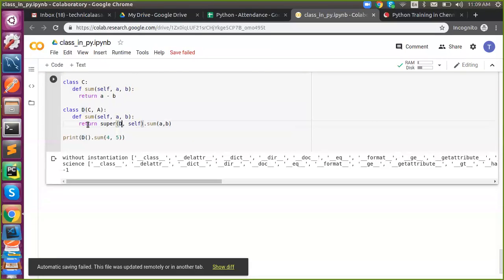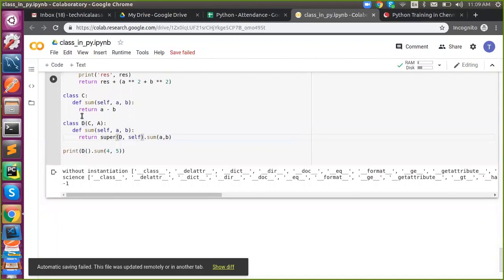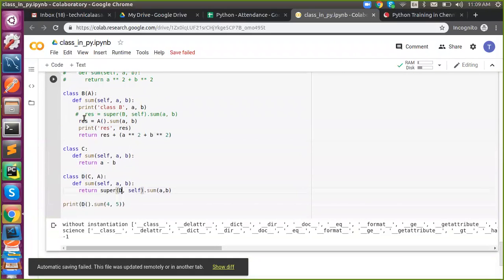B. Class B. How B? We are inheriting A class in B, there is no relation between B, right? We don't need to use B at all. See the flow. I need your understanding. If I want to execute class C sum, while inheriting, the C property will be there in D. So I'm saying D. So D contains the C property, so I'm getting the result of what C contains.